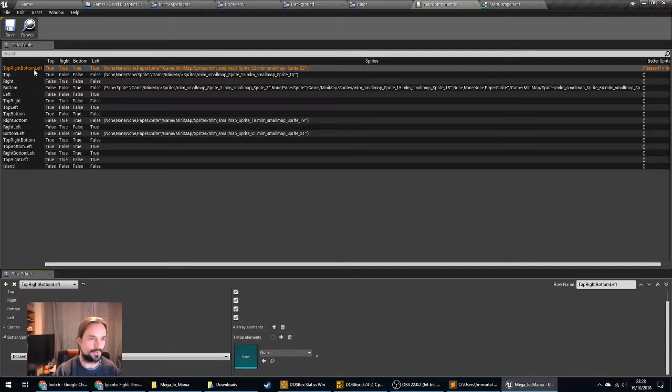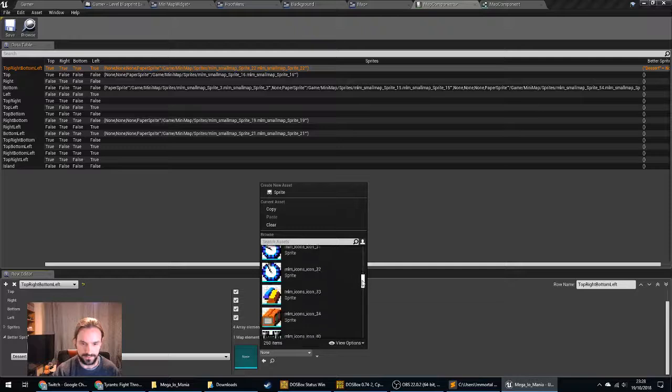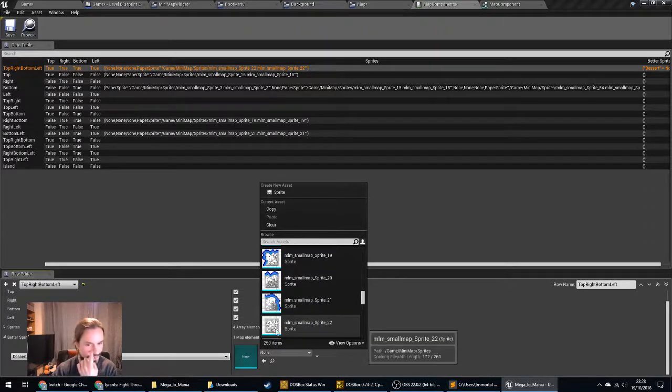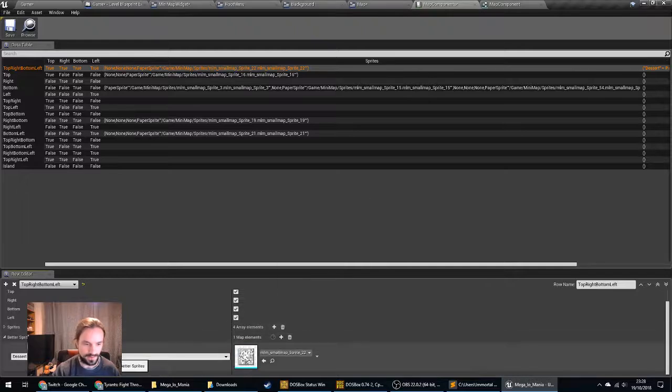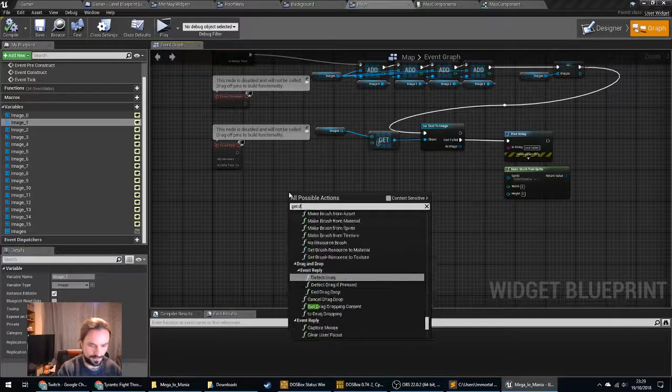This is for the top, bottom, right, left. So this you can enter in every case. So you can just find all of the top, bottom, right, left ones. And if I actually named all the sprites correctly, it would be easy to find it, and we can then specify snow. And we can use the enum value to get from the map later on, so that might actually make it a bit clearer. Assuming that this data structure and what we're doing works. For the time being, just because we want to test this area,